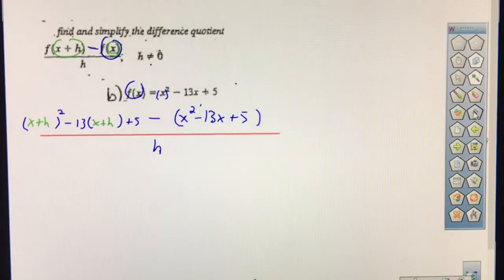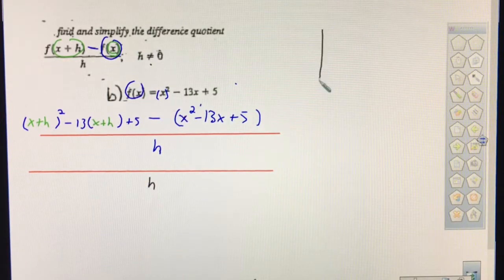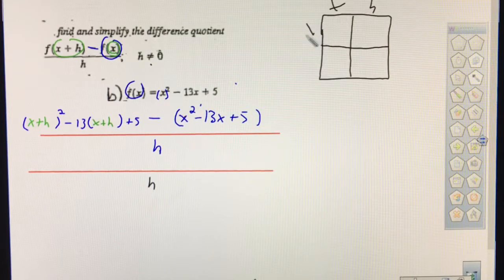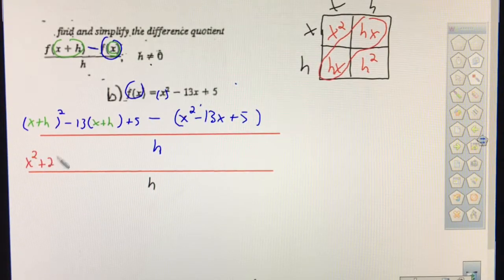And now I have a lot of petty algebra to do. First I have to FOIL that x plus h squared. It's all over h still, but I have to FOIL x plus h squared. A lot of people think that x plus h times x plus h is just going to be x squared plus h squared, because h times h is h squared. There's also an hx and an hx. So I get 2hx in the middle. So when I FOIL that out, it's going to be x squared plus 2hx plus h squared minus 13x minus 13h plus 5